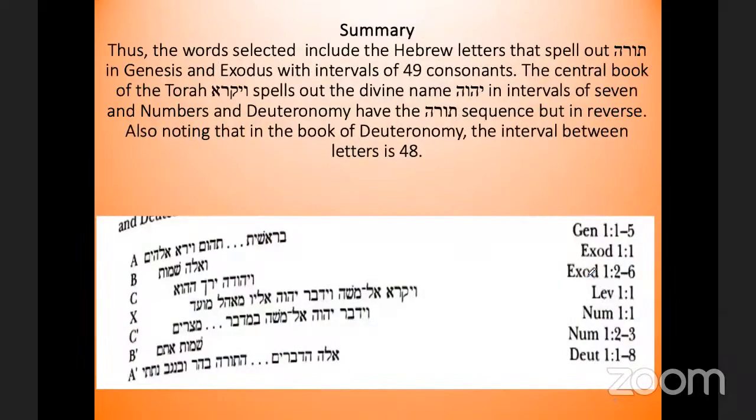And thus the words selected include, it's just a summary, the Hebrew letters that spell out Torah in Genesis and Exodus with 49 consonants. The central book of the Torah, Vayikra, spells out the divine name in intervals of 7. And Numbers and Deuteronomy have the Torah sequence but in reverse. Also noting the book of Deuteronomy, the interval between letters is only 48. So these are all the places where we find